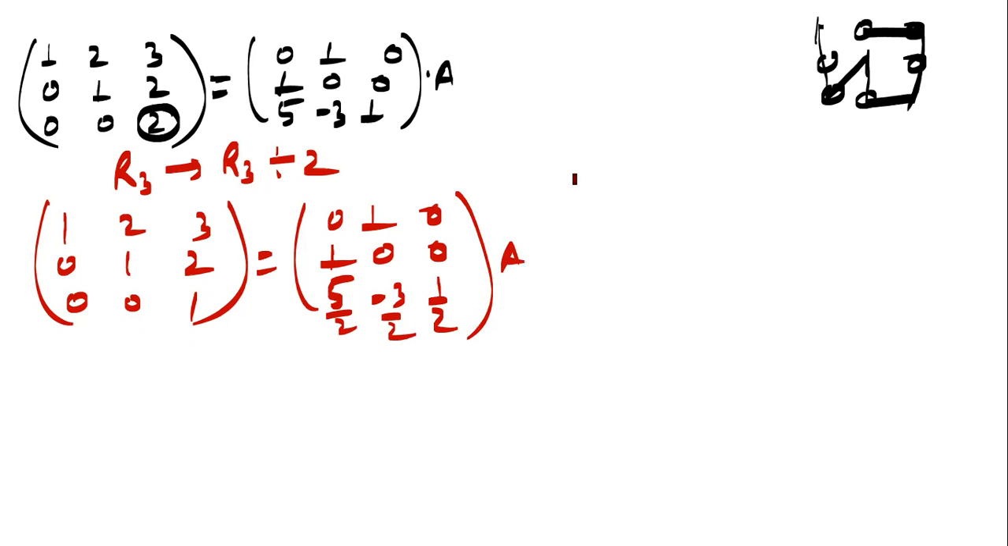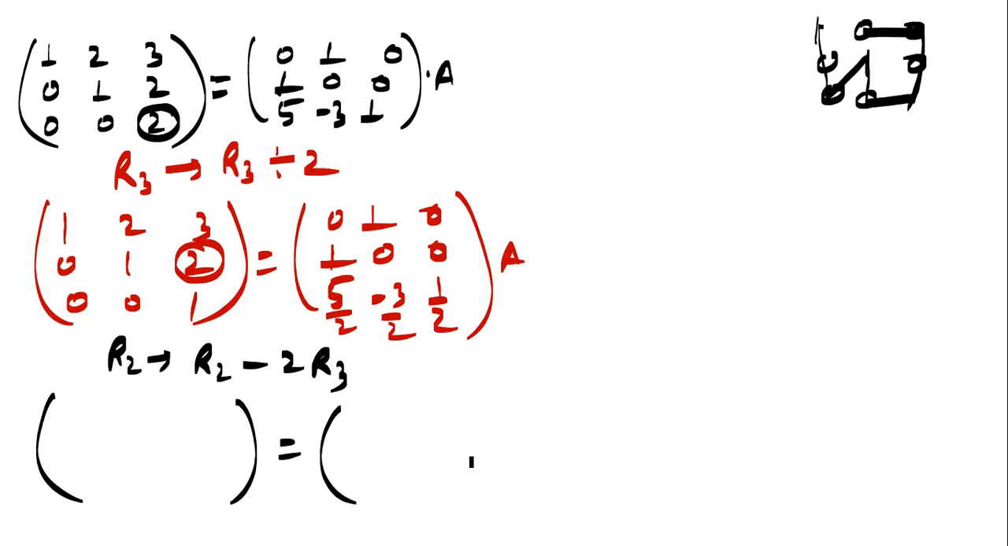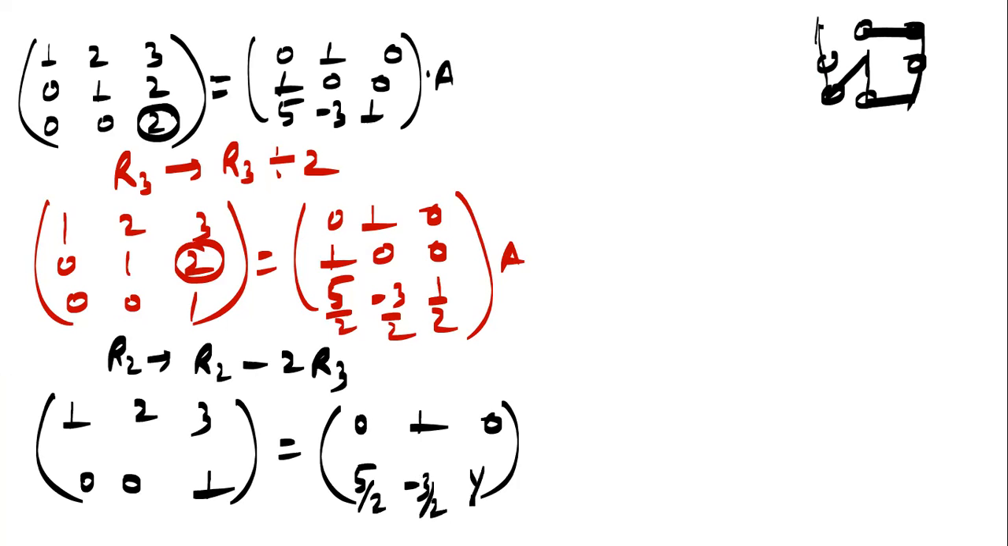8. Now the next step. 1, 1, I have to make it 0 according to this. What can be done? To make it 0, I can write R2 arrow R2 minus 2 R3. R2 arrow, no change in R1 and R3. No change in R1 and R3, only change in R2. R2 minus 2 R3, it will become